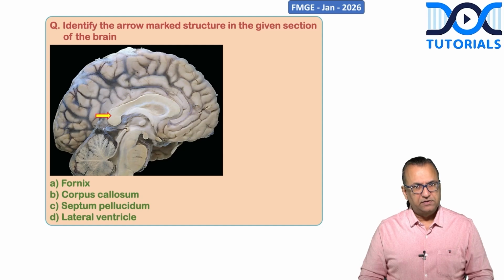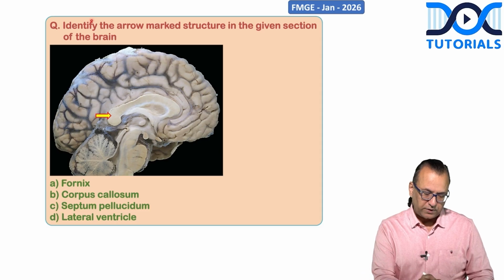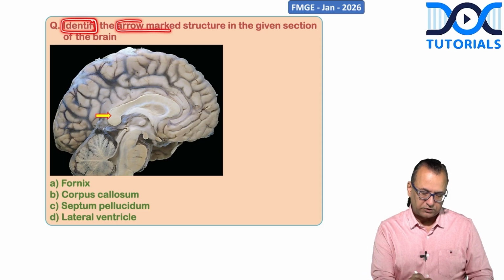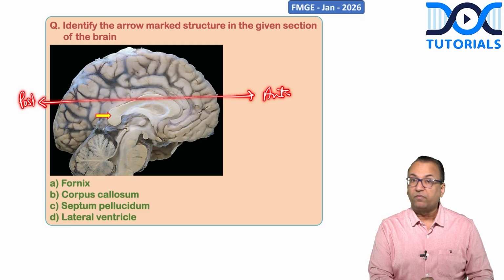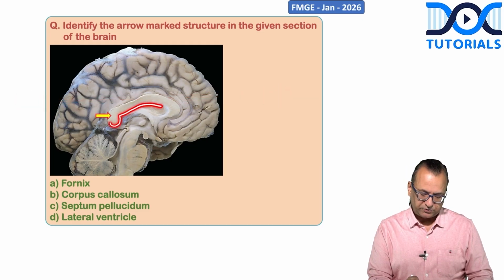This question is looking at one of the sagittal section of the brain showing one arrow mark, asking us to identify the arrow mark structure. As we understand, this is a sagittal section, so this is the anterior side and that will be the posterior side. We are looking at one C-shaped structure, and that C-shaped structure, which we can demarcate by putting some colors also,